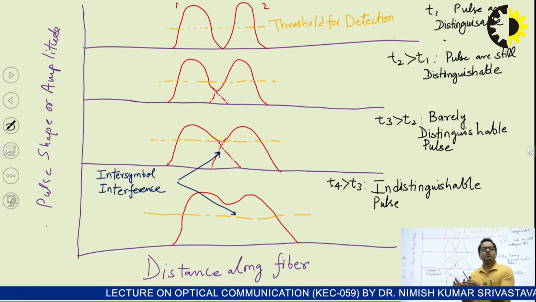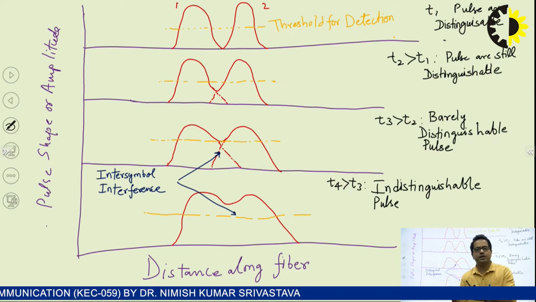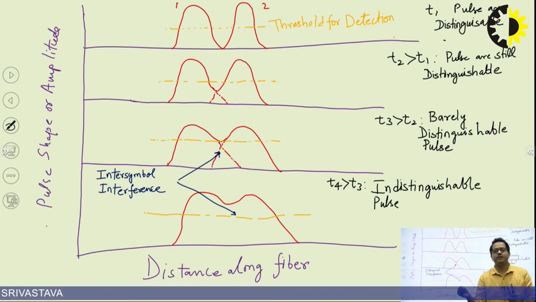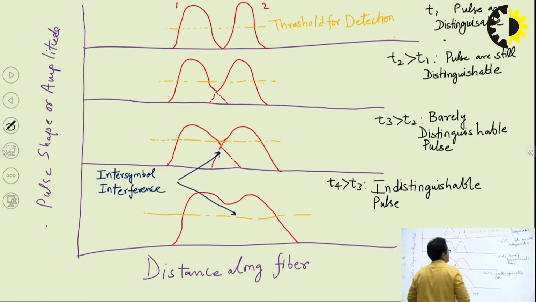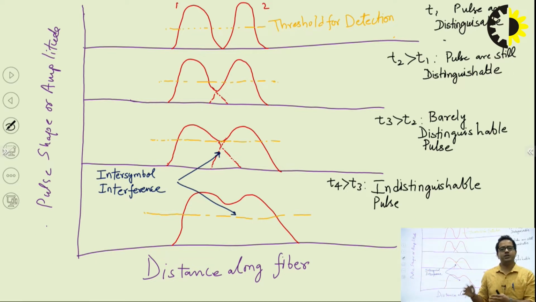So after building this concept of how dispersion occurs, how it looks when two waves or two pulses are traveling through the waveguide, and what the meaning of dispersion is, the spreading of a pulse as it travels inside the waveguide. This picture clearly depicts how dispersion builds inside the fiber. Now once we have this concept of what dispersion looks like, its definition, and how it affects the strength of the signals,